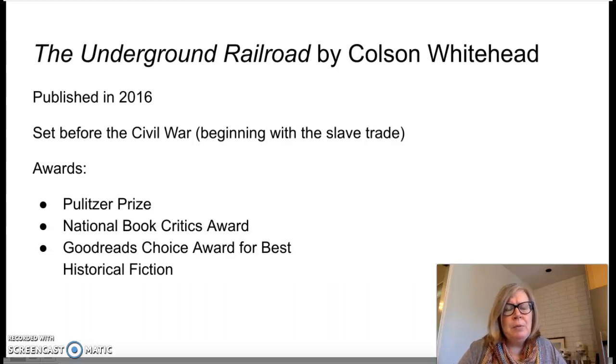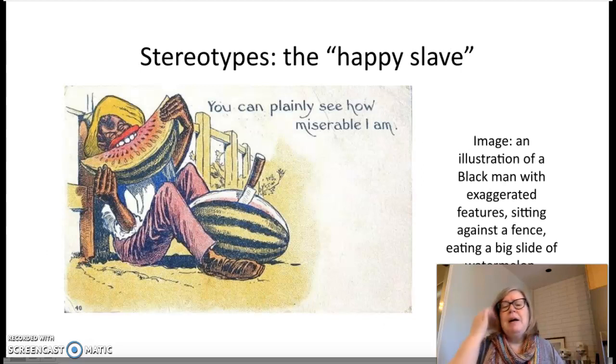Before we move to the next slide, I want to warn you that the image is based on stereotypes and really offensive by our time. I want to talk briefly about the kinds of stereotypes that people had in this country about slavery. This is a postcard, and this kind of imagery was quite popular during the slavery period and well into the 20th century as well. This idea of the happy slave, this pro-slavery propaganda, was really pervasive throughout the United States, not just in the slaveholding South during the slavery period.